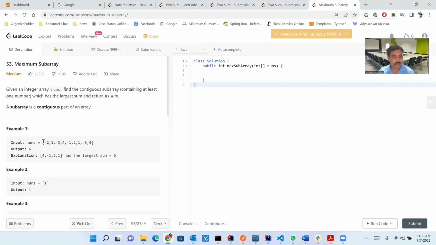For example, let us take example number 1. We have -2, 1, -3, 4, -1, 2, 1, -5 and 4. So even if you add all the elements in this array, let us take -2 plus 1 equal to -1, -1 plus -3 equal to -4, plus 4, 0, -1 again -1, plus 2 is +1, +1 plus 1 equal to 2, and -5 again. When you add -5 to that, 2 on that, -3 and 4, when you add the 4, it becomes